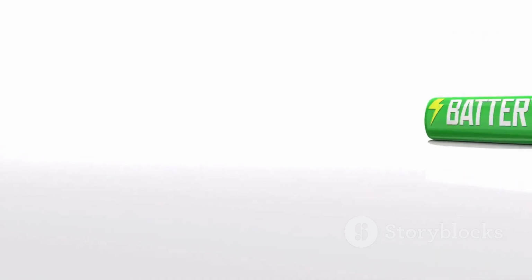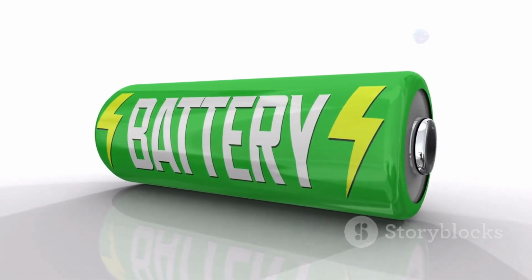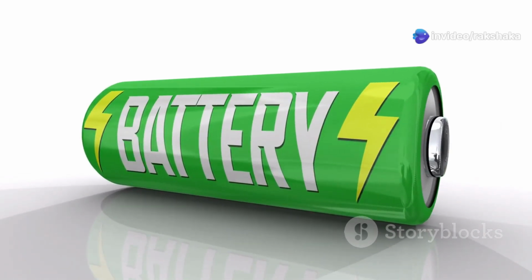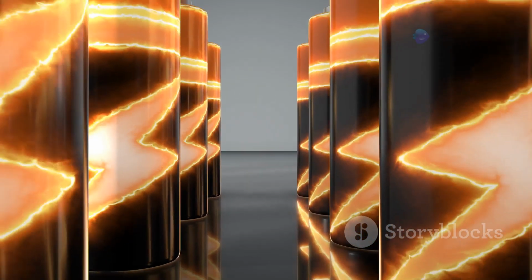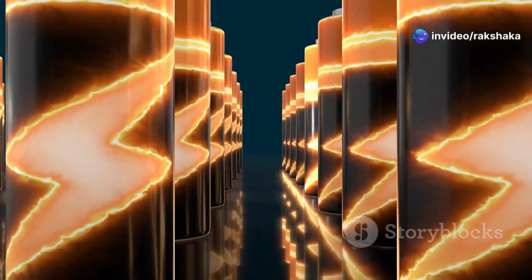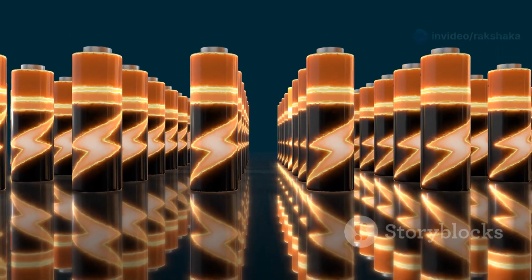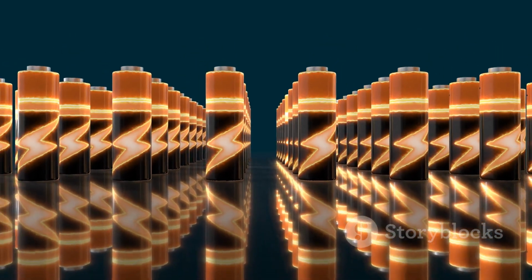These cells are like tiny power plants, either generating electricity from chemical reactions or using electricity to initiate chemical transformations. They are the unsung heroes behind many modern conveniences, quietly converting energy forms to keep our devices running and our lives moving smoothly. There are two main types of electrochemical cells: galvanic cells and electrolytic cells. Each type operates on distinct principles and serves different purposes, yet both are crucial in various applications, from industrial processes